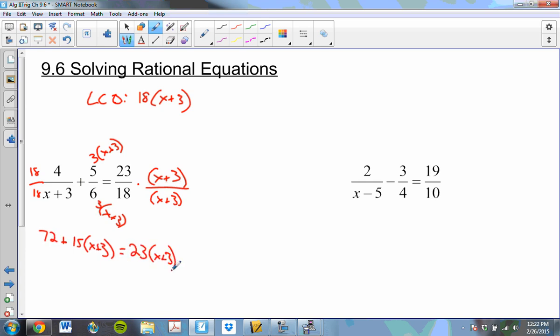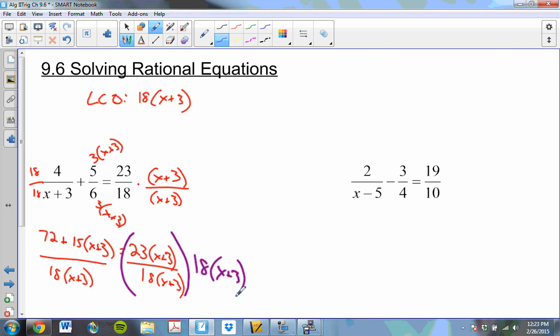And I technically have these denominators of 18 times x plus 3, but since I have the same denominator in an equation, I'm free to just drop the denominators. It's basically like I'm doing this. I'm multiplying both sides by 18 times x plus 3. That causes these denominators to cancel, so I'm really left with 72 plus 15 times x plus 3 equals 23 times x plus 3. So I'll simplify that